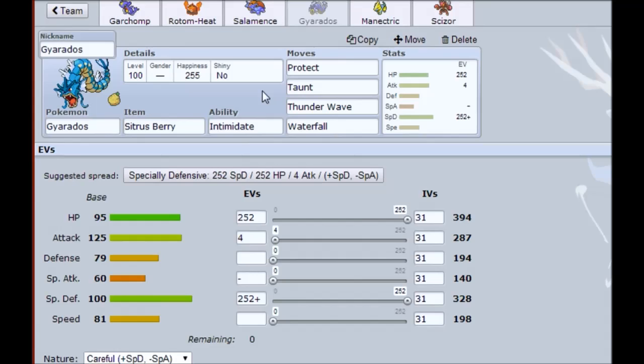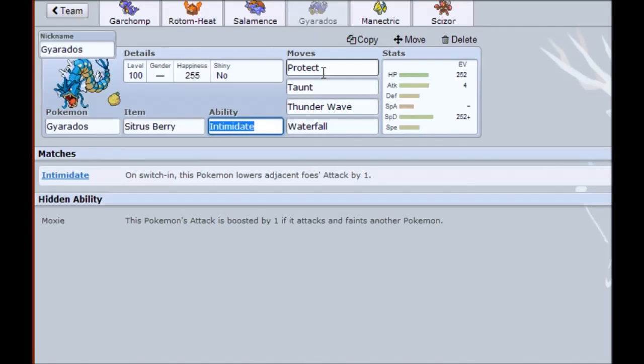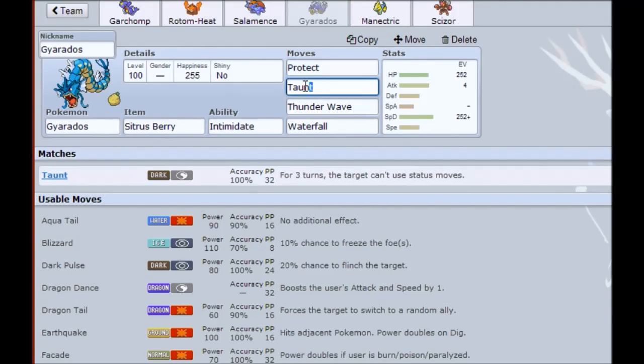The first 3 have been very meta Pokemon, but Gyarados is a little bit off-meta. He's a little bit new, and he's my special wall. Salamence generally takes physical attacks a lot better than Gyarados does, so we're going to see Citrus Berry as my item. This guy is my main tank. We're going to see Intimidate as my ability, and movesets are Protect, Taunt, Thunder Wave, very weird in the Thunder